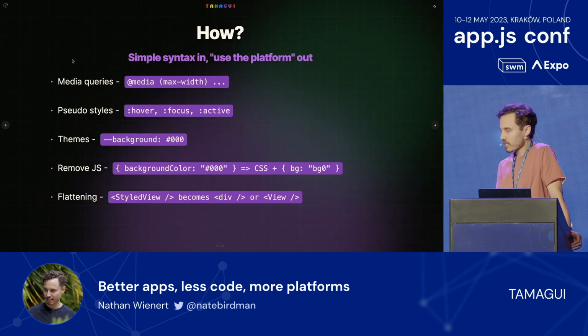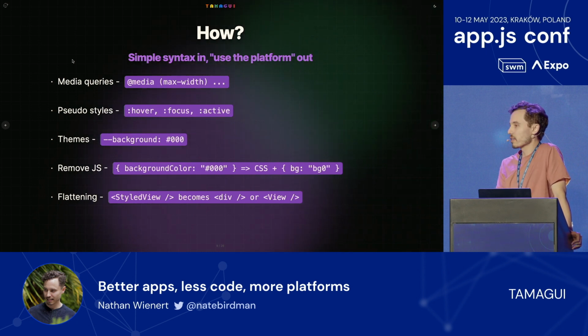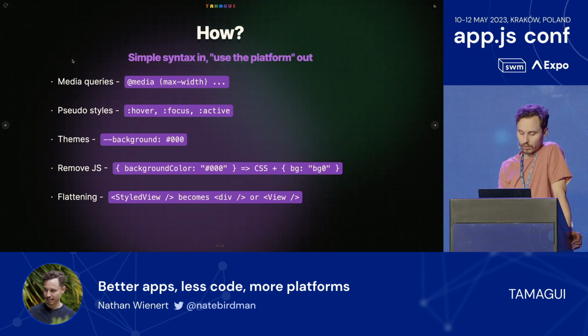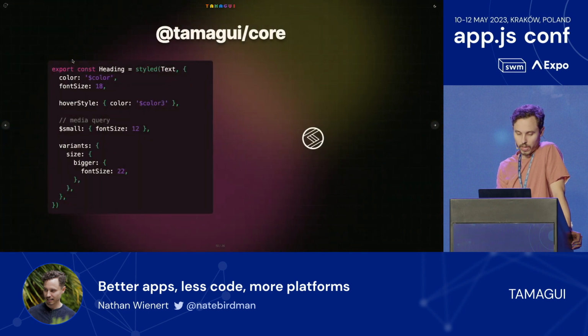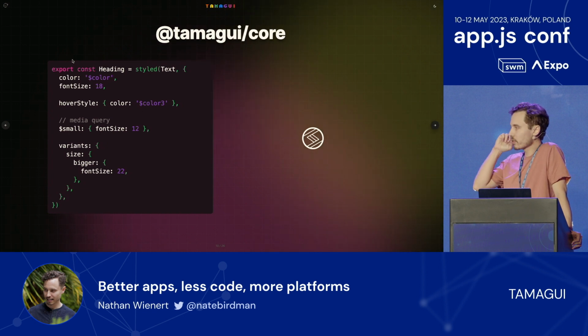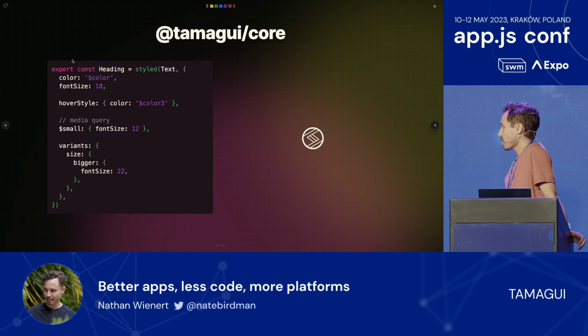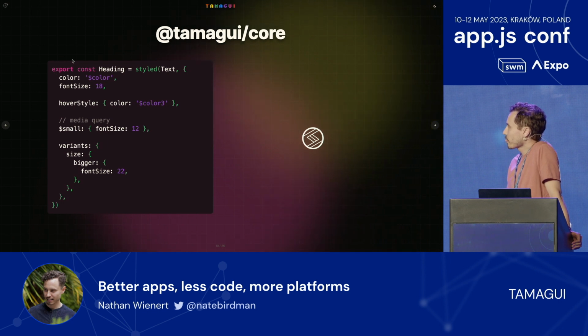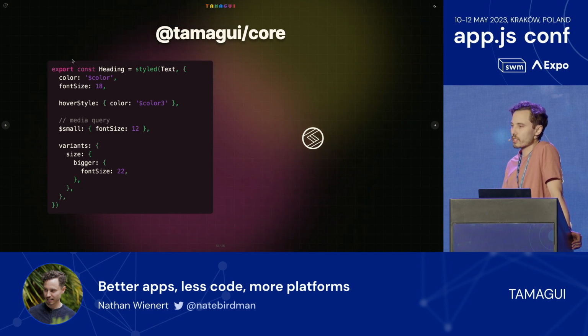You want to be able to have these styled views that you can define that are much easier to work with, but in the end, you would like to be able to render them out to something like a div on the web or a view on native and not pay that extra cost of rendering another component. So this is Tamagui core, which is the style library. I think I put the Stitches logo over there because, to be honest, it's just about the exact same API. You have typed themes and typed tokens. You have media queries and pseudo styles, and you also have this concept of variants, which is just a kind of